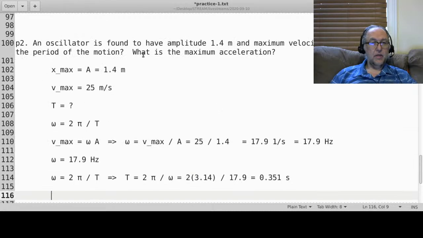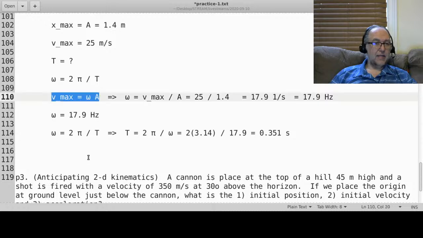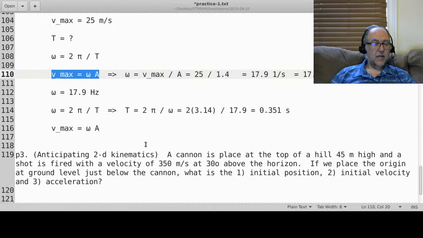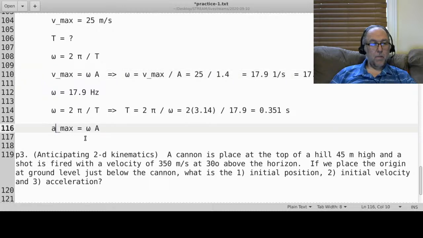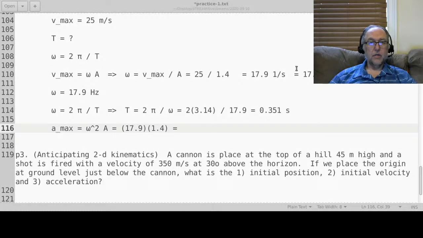There was one other piece to it. What's the maximum acceleration? And let's look at the formula for a Vmax like this. There's the formula for Vmax. The formula for Amax, the maximum acceleration, is similar, but it's not omega, it's omega squared like that, okay? And so you actually have to square omega, and omega was 17.9, and A was, what was A again? 1.4,